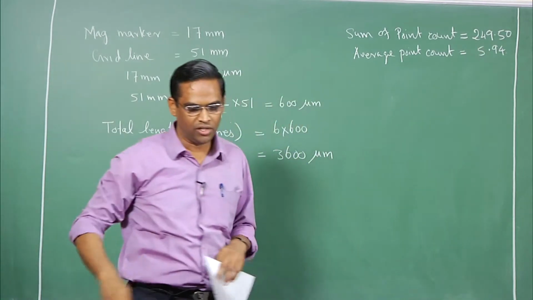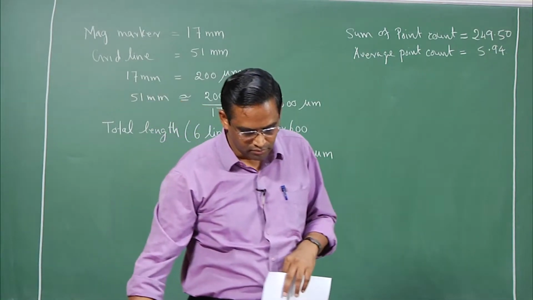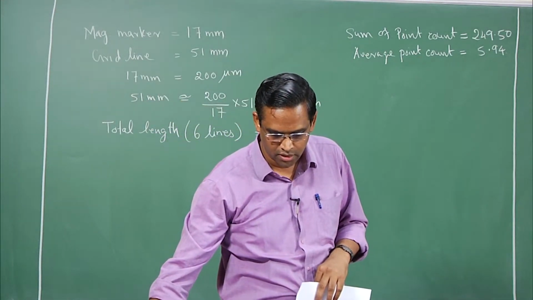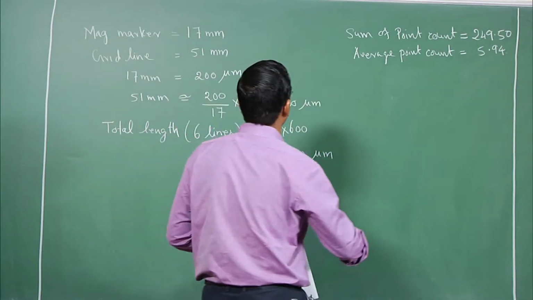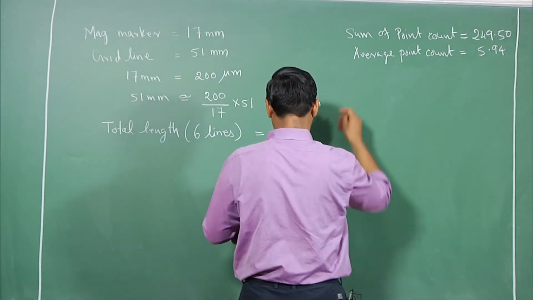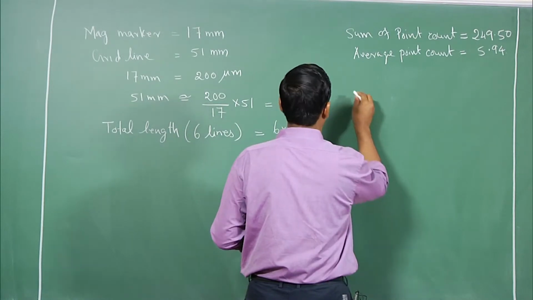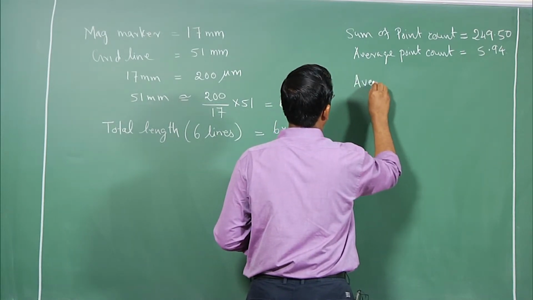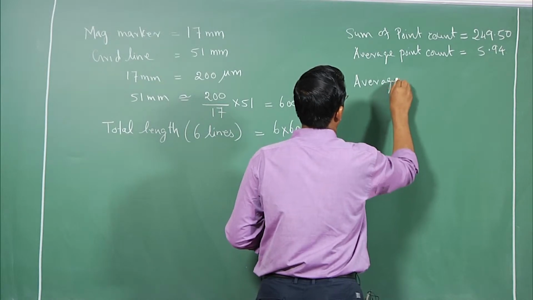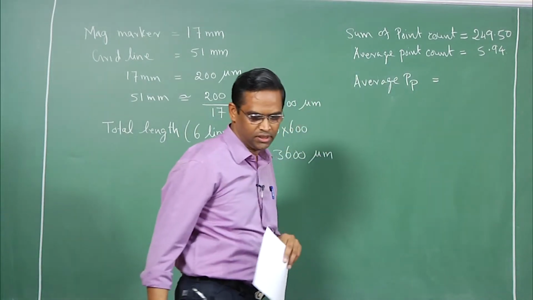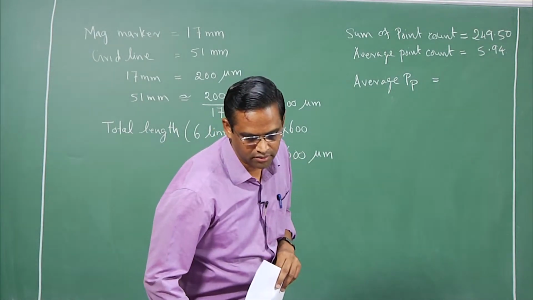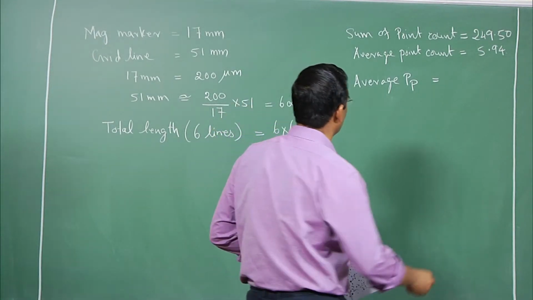So, this is the average point count, and then you get the average PP, which is equal to, you see that, 0.17,